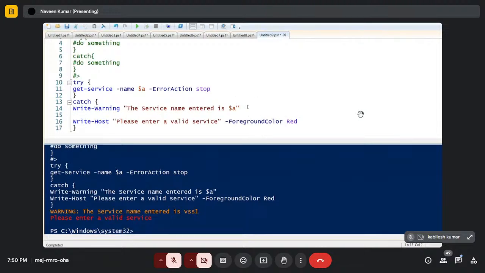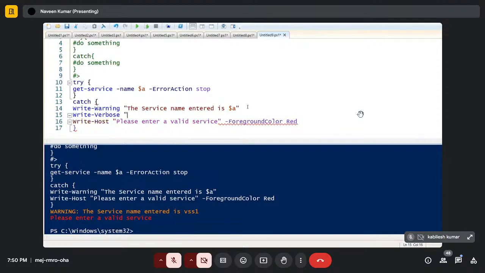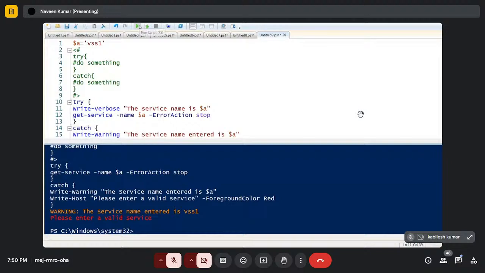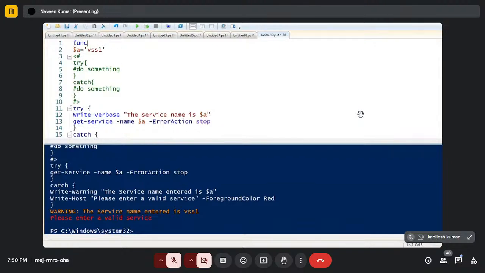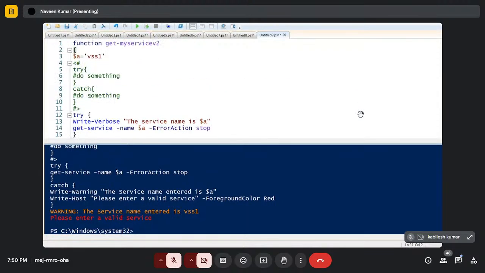I will also show you Write-Verbose. The service name is, I'll just pick the same one to keep it simple. But when I call it as a function, you will see the difference it makes. Now I'm going to put this whole thing inside a function, Get-MyService-v2. I'll name it something like this. One more thing we have to do is